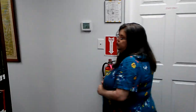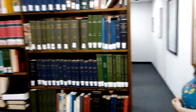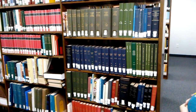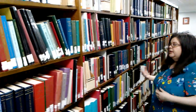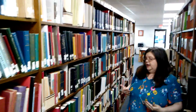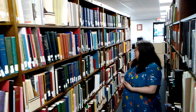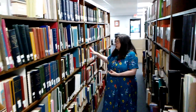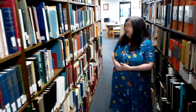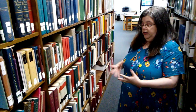So going into the shelves, we have international, so we have the Mayflower descendants and resources on the Mayflower. We have our United States information, as well as the different states. So states that we may have ties from our family in Davidson County, like Pennsylvania, Virginia. So we have a really good selection of different resources from those states. A lot of this stuff cannot be found on the internet as easily, so we have it here, so you'll